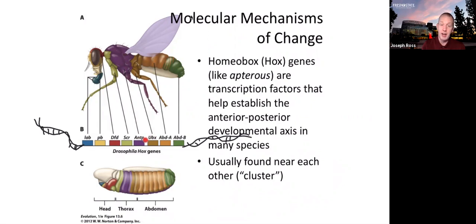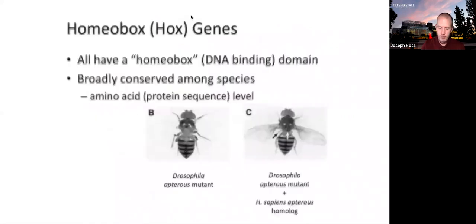Ultrabithorax, UBX, is another gene that's also a transcription factor, but it's turned on and is important for cells that are produced and cell types that are produced more towards the anterior of the thorax. What makes a Hox gene is they all have a particular DNA binding domain called a homeobox. What this means is the gene that encodes a Hox protein has a particular type of DNA sequence that when